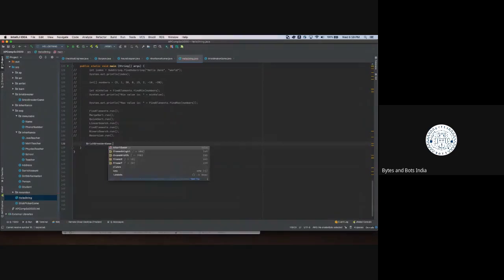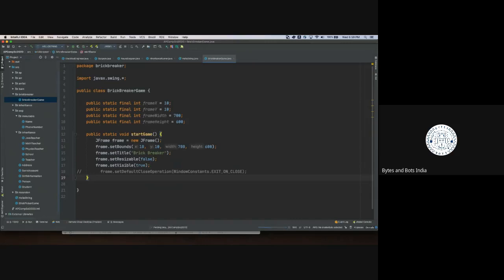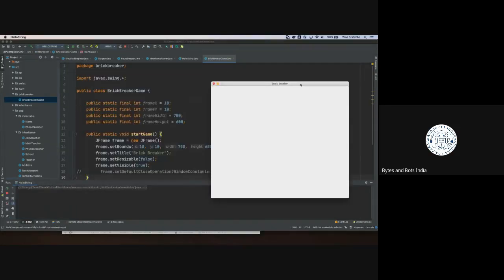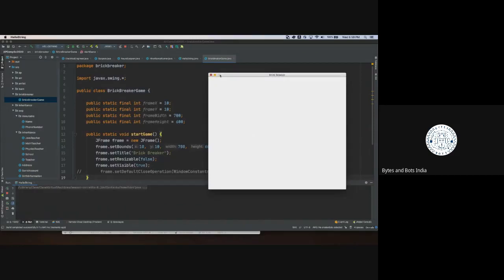Okay. So we'll say start the game. Once we start the game now, we should see the game window pop up, which is just an empty window. It started at 10 by 10 pixels, which is in this left corner, and then this is 700 pixels wide,